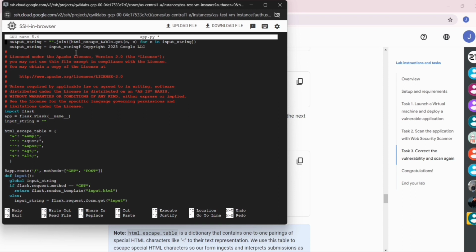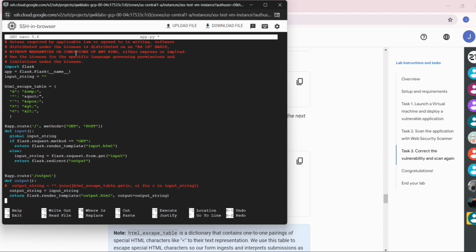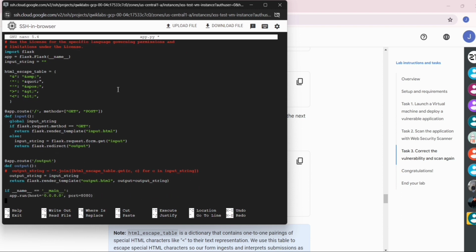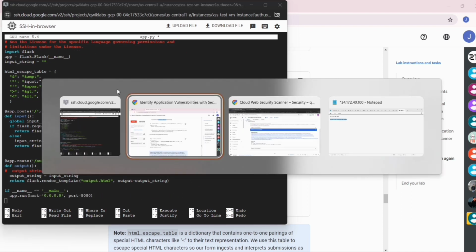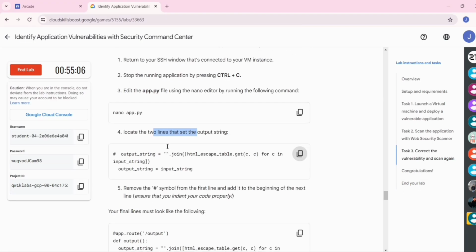Now enter the hash here to comment it out. Similar for the below line. Now come to the below section and go to the lab instruction.